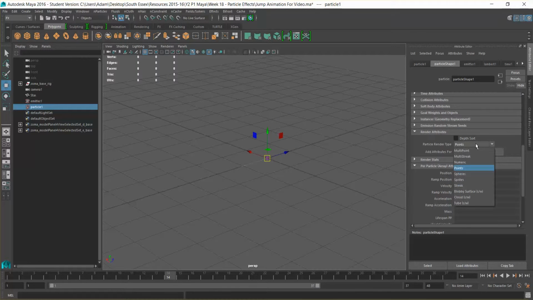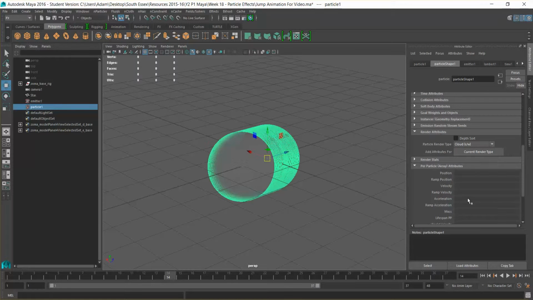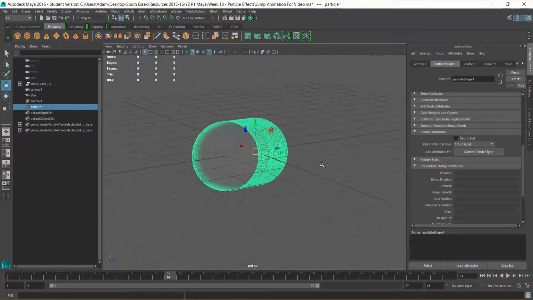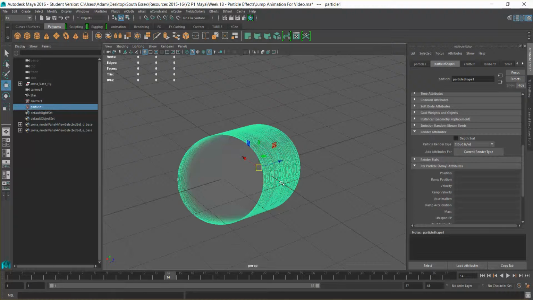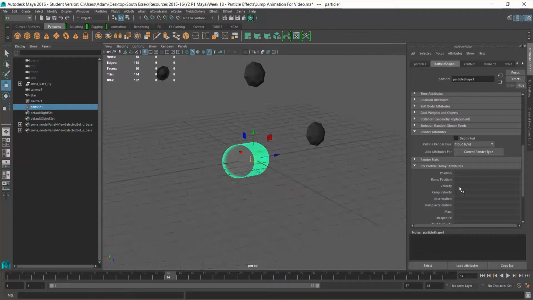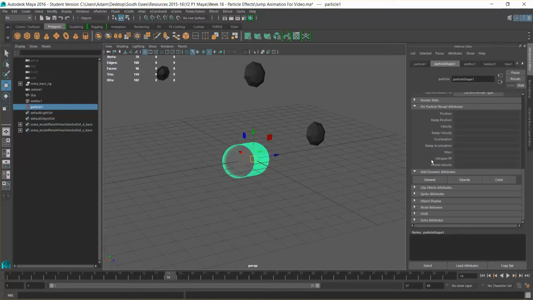So we're going to change the points to a cloud. Okay, so there are many different things that we can use, but we're going to create a cloud. Now as you can see, that's looking pretty big, and that's exactly the sort of effects we're going for. So with our cloud, the first thing we're going to do is